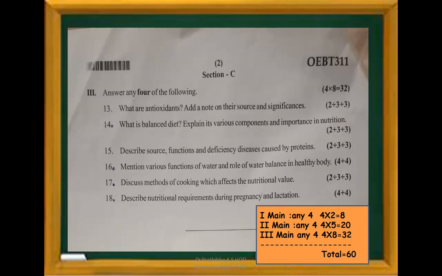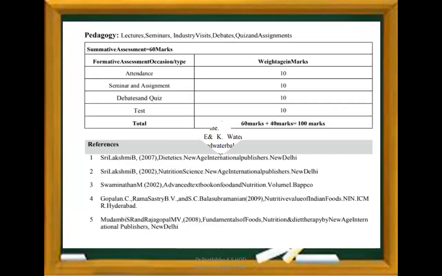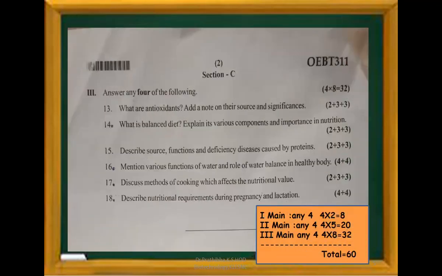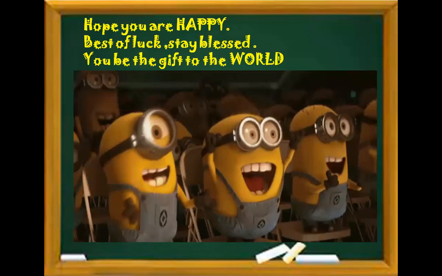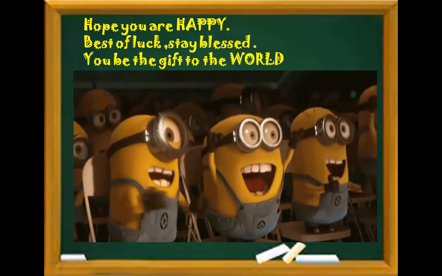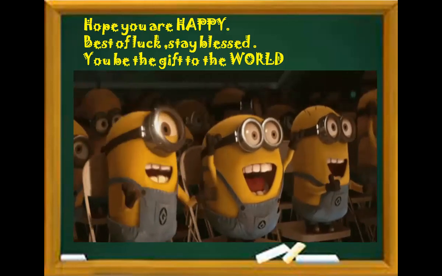Okay. Today in this session, first we went through the syllabus, then the IA marks, which is 40 marks. Then we went through the Bengaluru City University Nutrition and Health open elective paper for the 4th semester for tourism and BHM and other courses. Okay. I hope you understood today's concept, and I hope you'll do better in your further examinations and